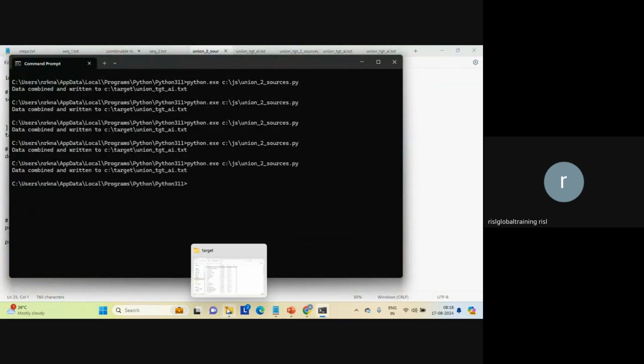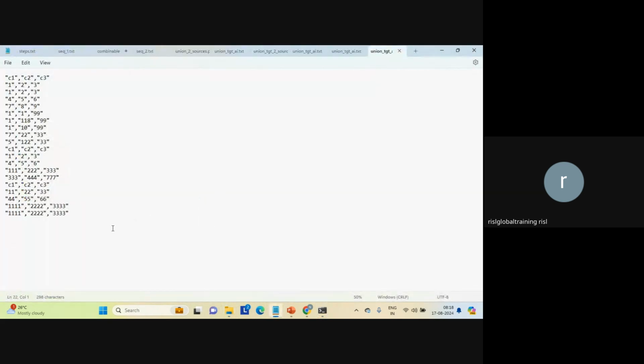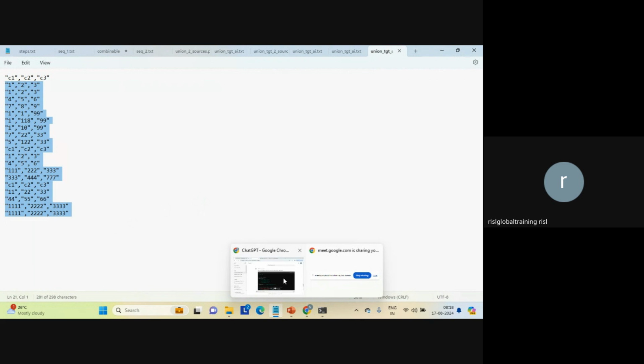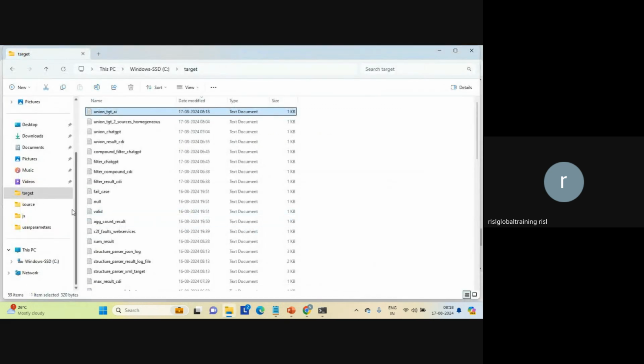It is over. See how fast that is. Then you can open them. See, the count got increased. That's it. See how fast that is with AI. With data integration, we spend a lot of time. Now, if you want, even with another source, just modify this